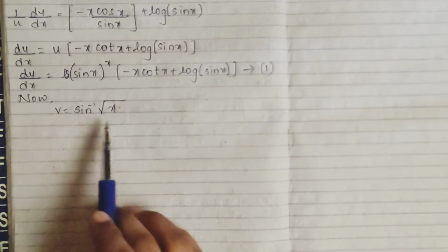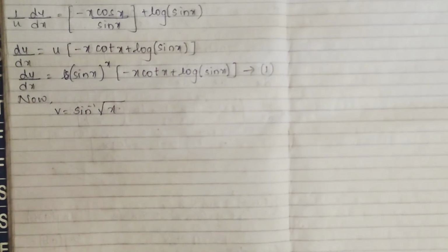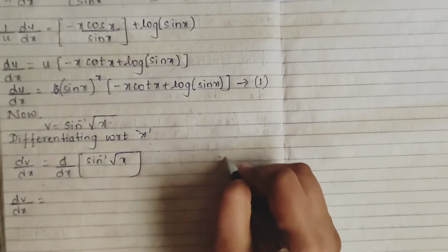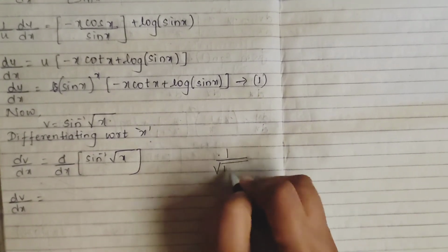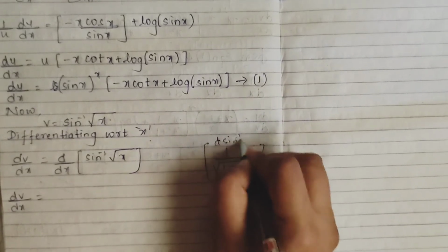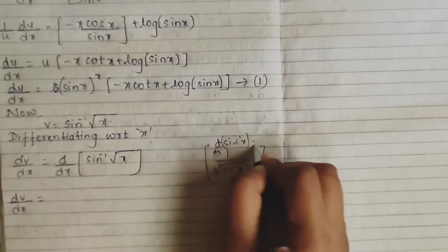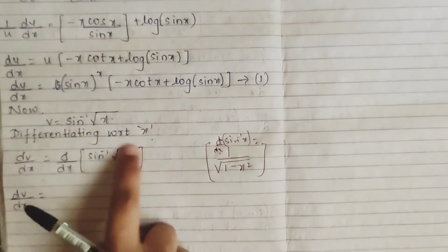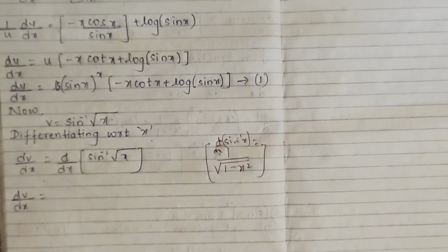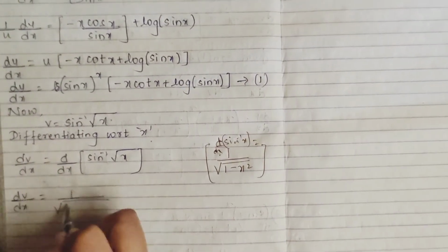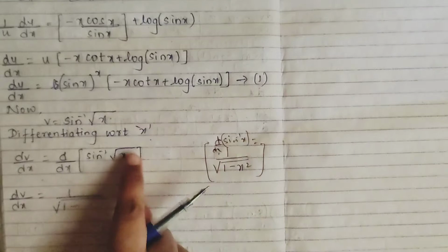So right here, differentiating with respect to x. My differentiation of sin inverse x is what? 1 by root of 1 minus x square. So here x value is taken by what? Root x. So this will be how? 1 by root of 1 minus x square, where x is whole root x.